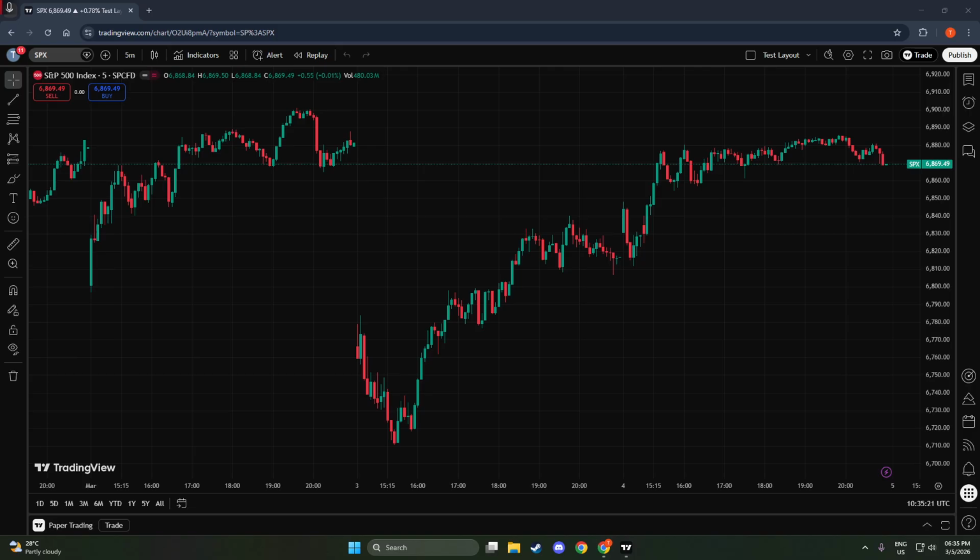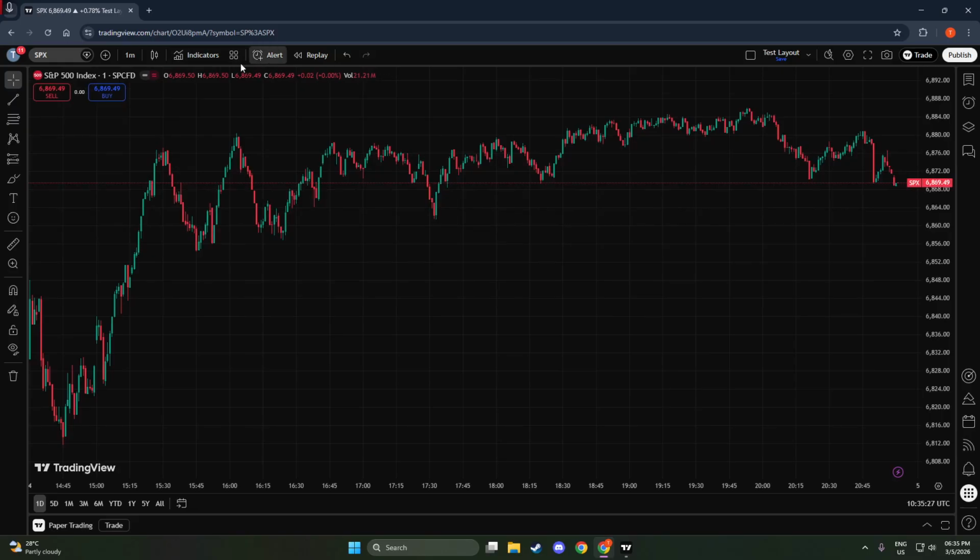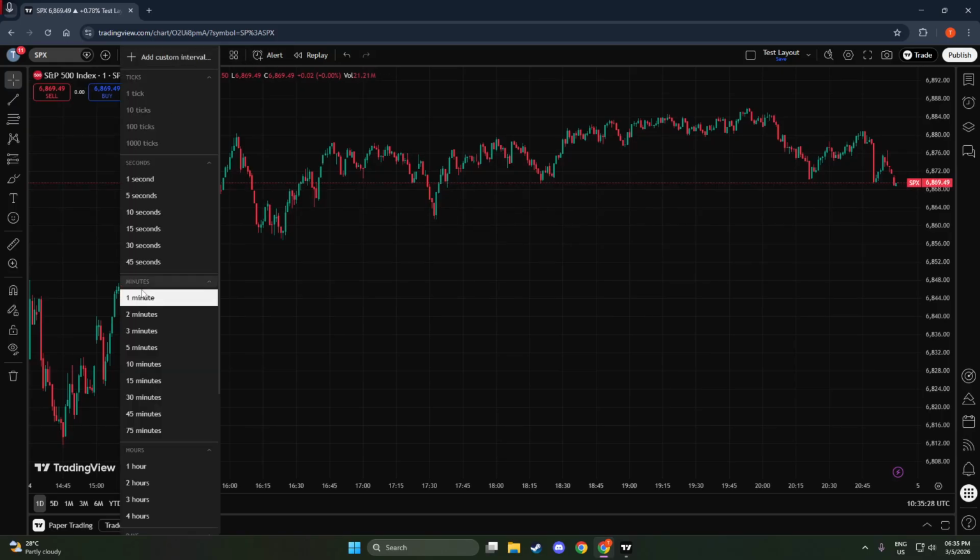First, open TradingView and head to the chart you want to analyze. Make sure you're on the symbol and time frame that fit your strategy. This tool works the same whether you're looking at stocks, crypto, forex, or futures, so choose the market you actually